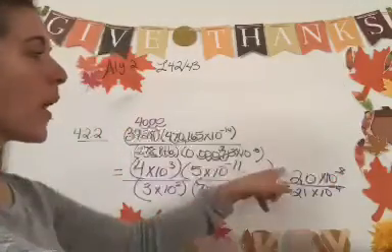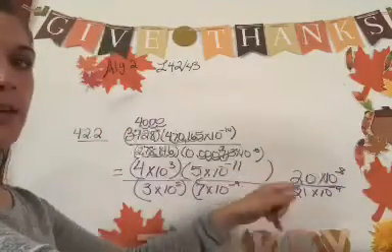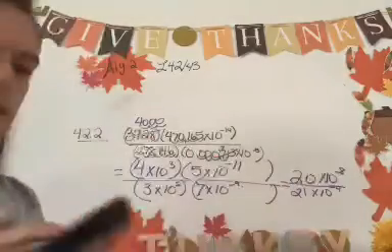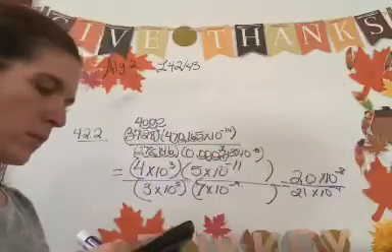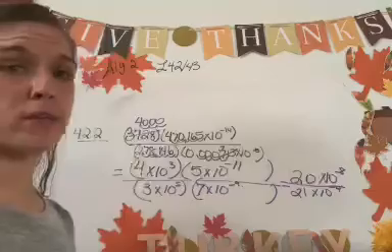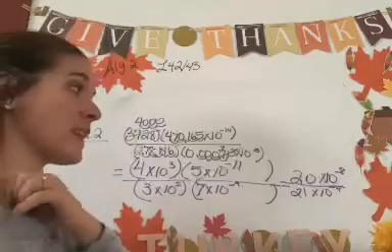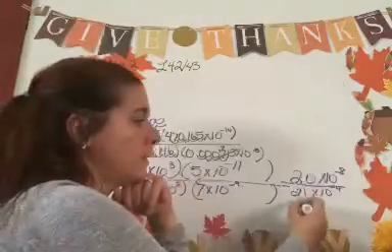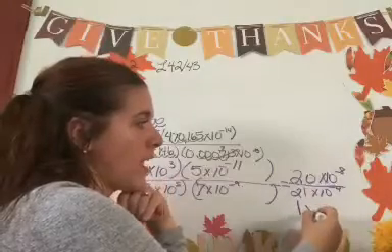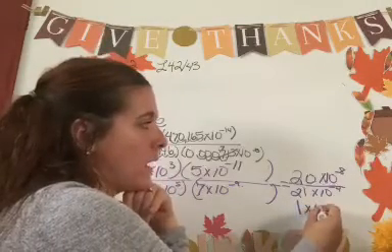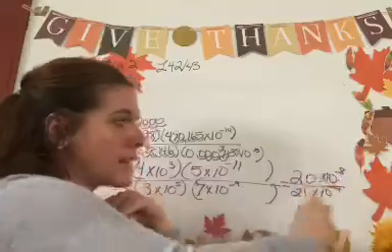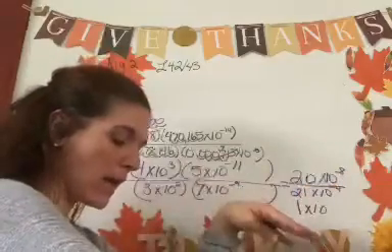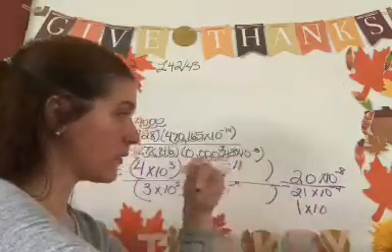If you put 20 divided by 21 into your calculator, you're going to get like 0.9 something, because they're basically the exact same number. 0.95, okay? Which means it's going to round to 1. So we're going to put 1 right there, times 10 to the what? Negative 8 minus a negative 4 is going to give you a negative